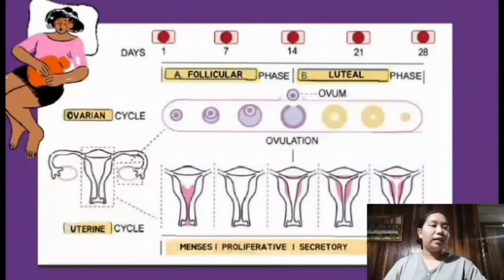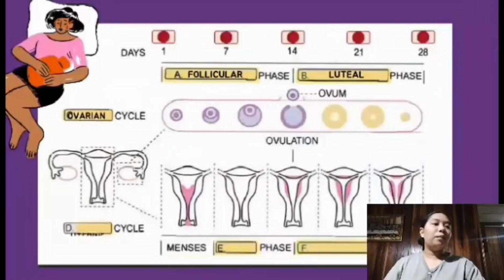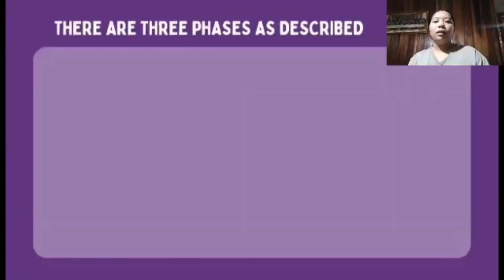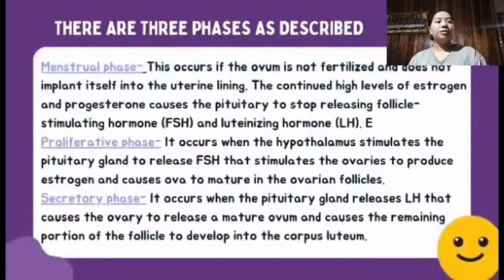Then uterine cycle, mao ni siya na ay menses, proliferative, and secretory. So there are three phases as described. The first is menstrual phase. This occurs if the ovum is not fertilized and does not implant itself into the uterine lining. The continued high levels of estrogen and progesterone causes the pituitary to stop releasing follicle-stimulating hormones, or FSH, and